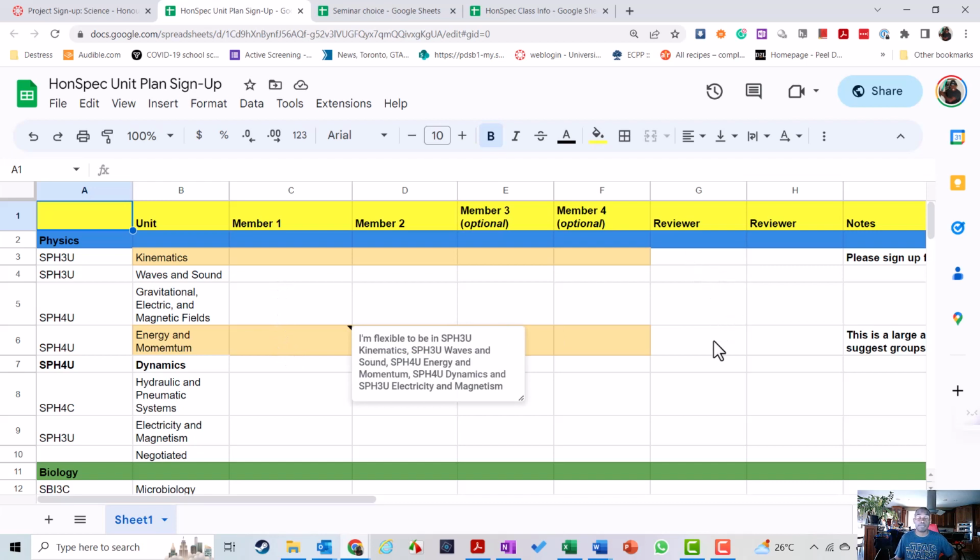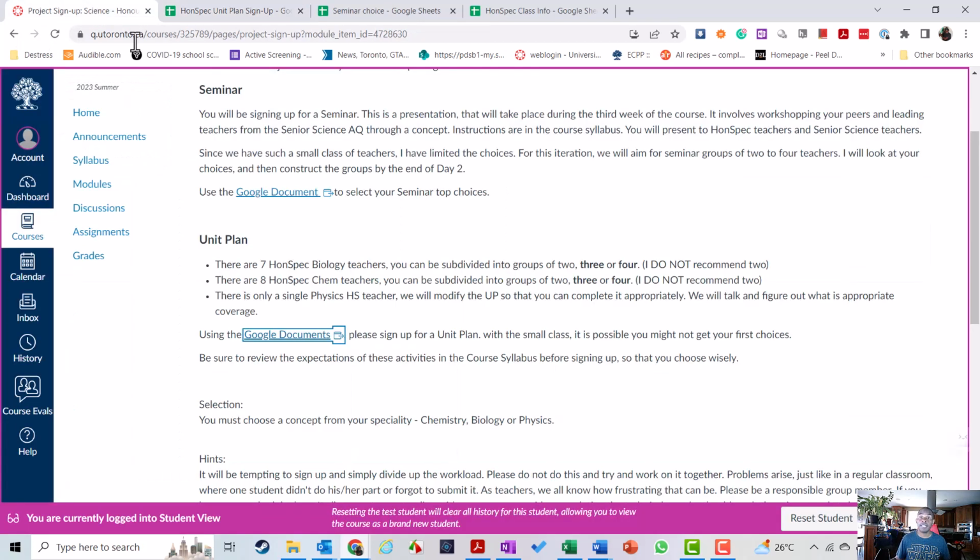You're also signing up to officially review a unit plan, which will happen near the end of the course. And I'll talk more about that much later. So you can sign up here. If you want to put a first choice and a second choice, especially those of you who come in early, just put your name and first choice, your name and second choice, and then I can take a look. So that is the unit plan, and you'll get a better understanding once you read through those instructions.